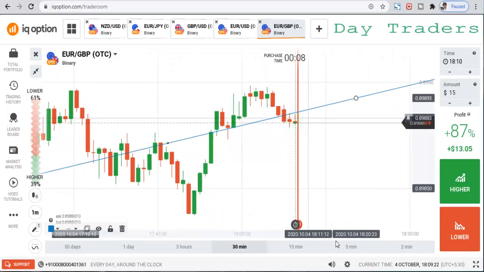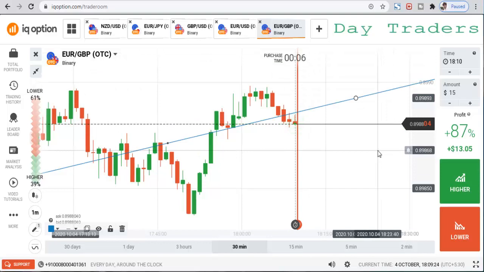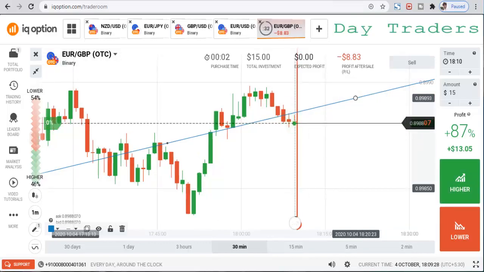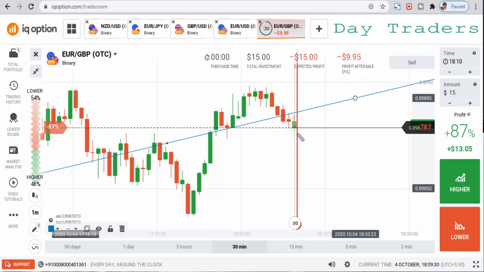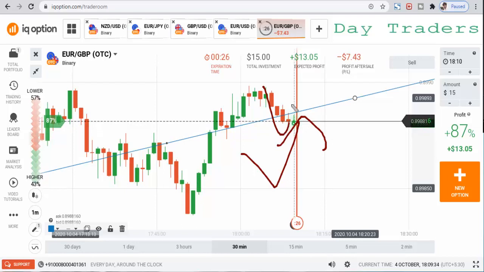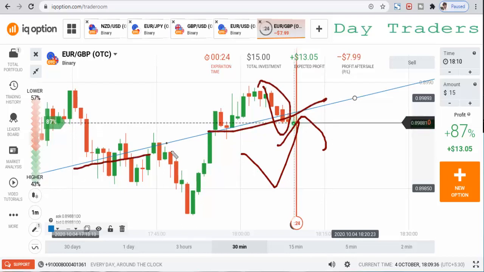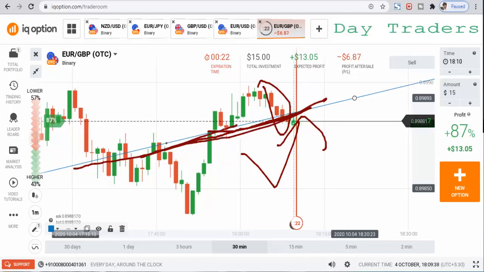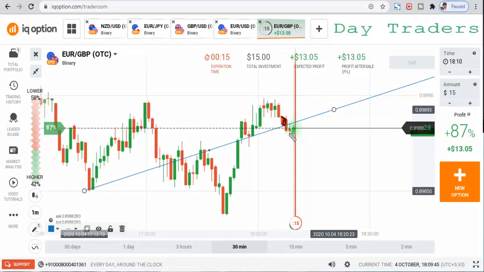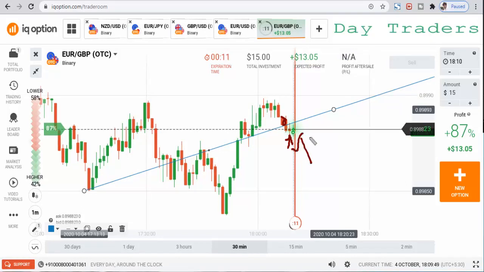Okay, we'll place a higher option. I expect it to make a retracement candle, so that's the reason I will place a higher option. After the breakout, this is a reversal level. There are so many reversal levels. It breaks the level on this candle, and after this the sellers make a buying rejection. So that's the reason I'll place a higher option.